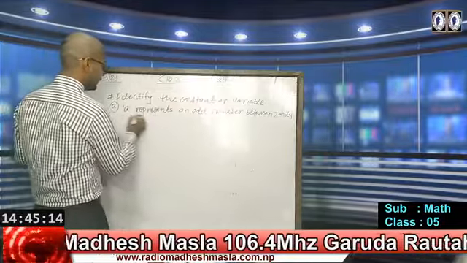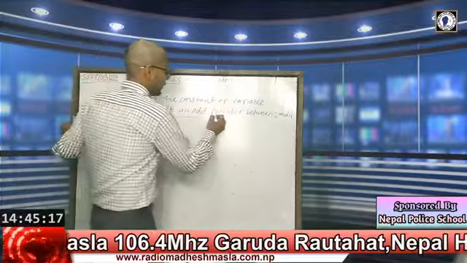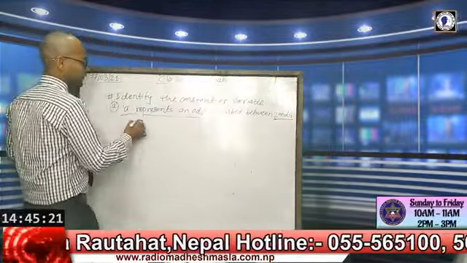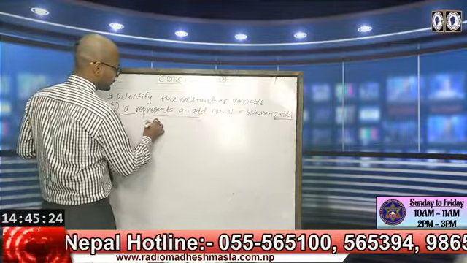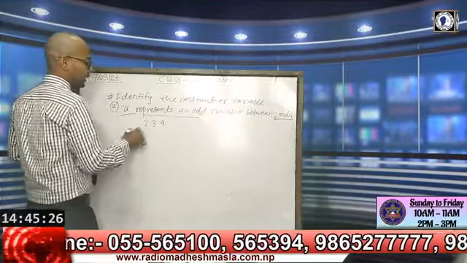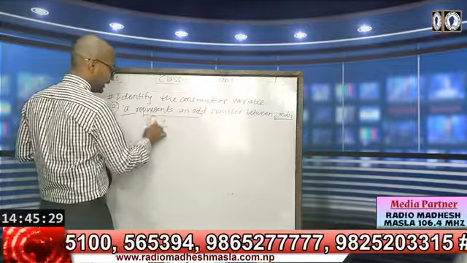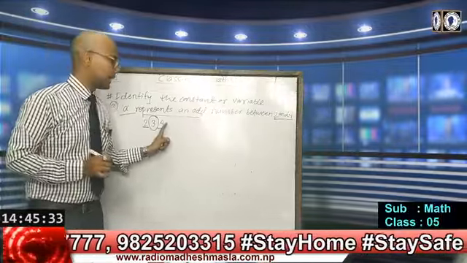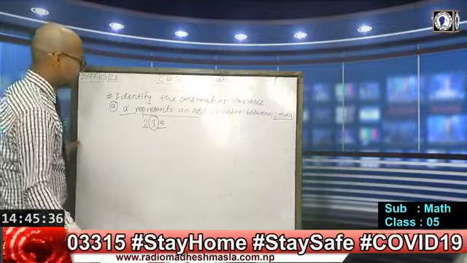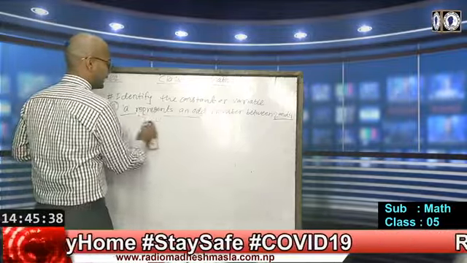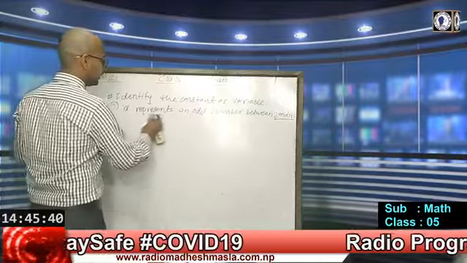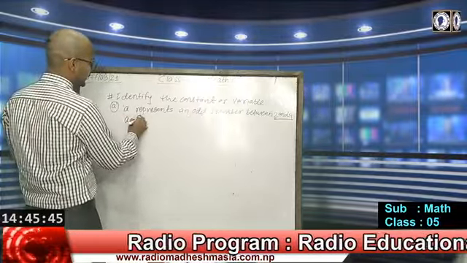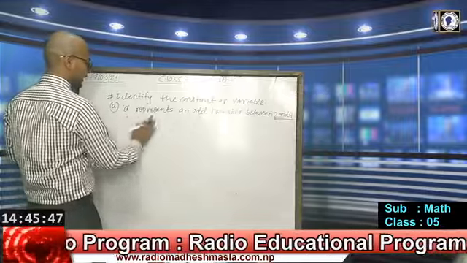So here A is equal to, now what is the odd number between 2 and 4? Just learn 1, 2, 3. So here 2, then after comes 3, then after comes 4. Between 2 and 4 there is only one number, and what is that? Yes, that is 3. So the value of A is equal to only 3. We can write here A is equal to only 3.